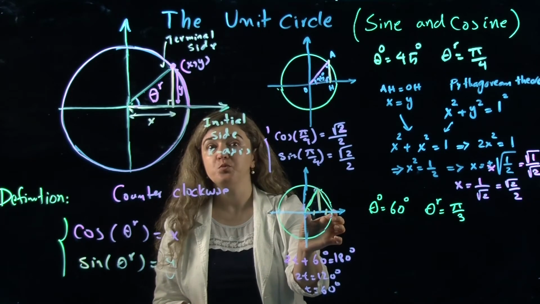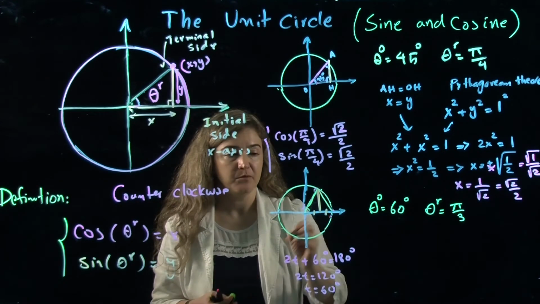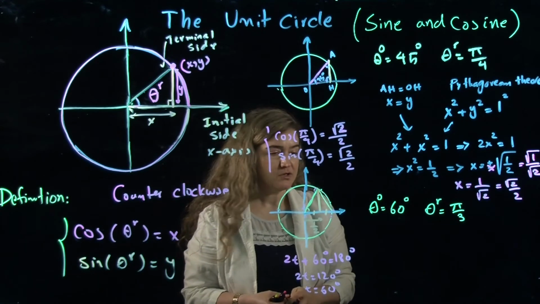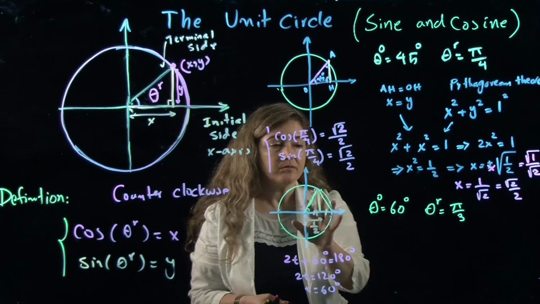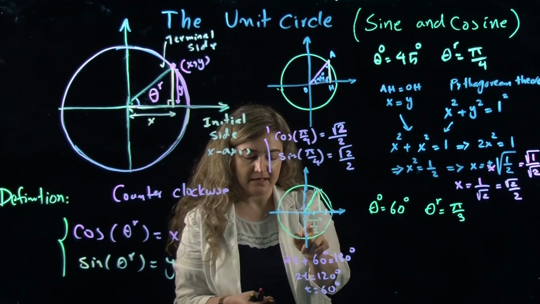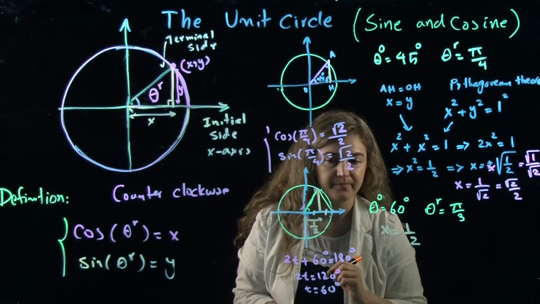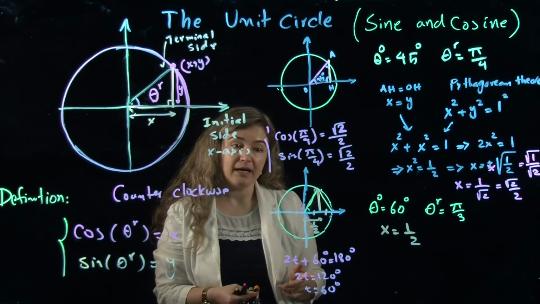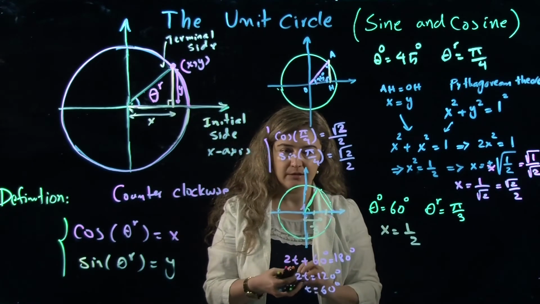This side was 1 because it's the unit circle, 1 unit. Therefore, this value has to be 1/2. So you find that that is 1/2. Now, knowing this was the x value, x is equal to 1/2. The next thing that we want to figure out is y. To figure out y in this triangle,